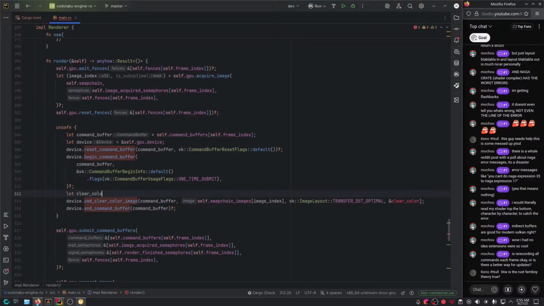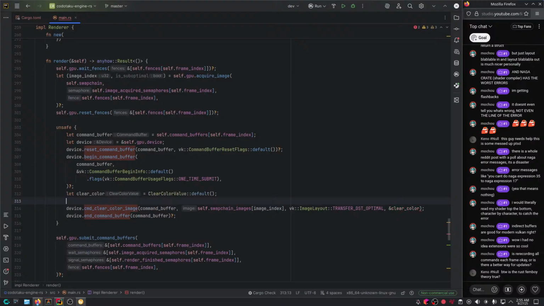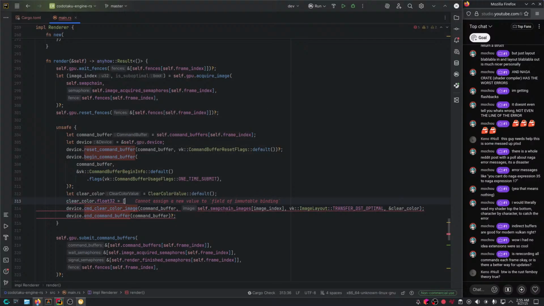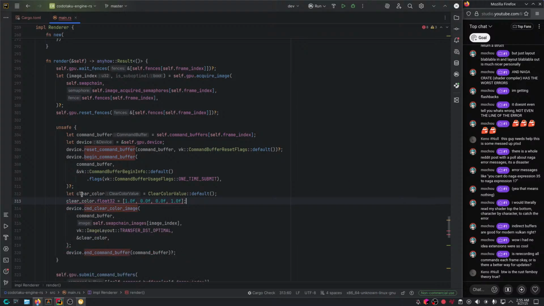Let clear color is equal to this, and then hopefully I can set the clear color here. Though I need to make sure that this is mutable, I believe.